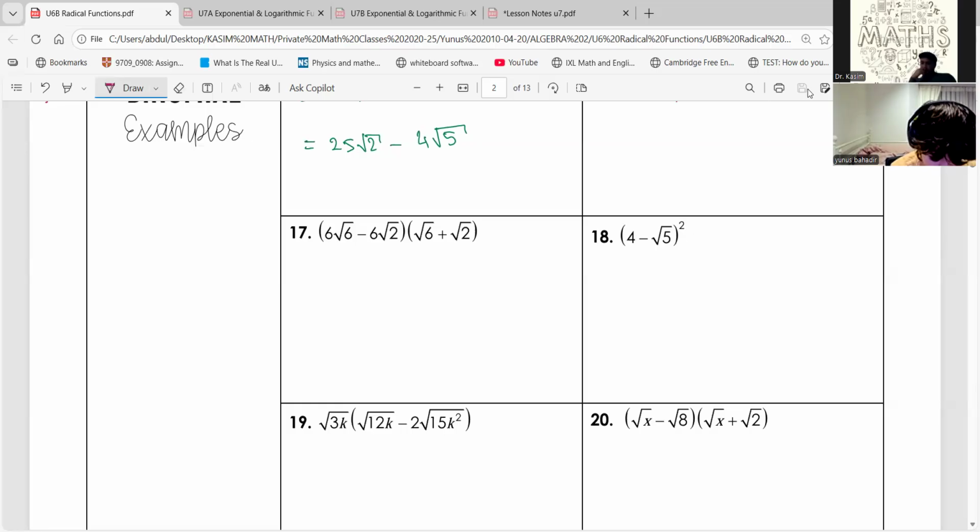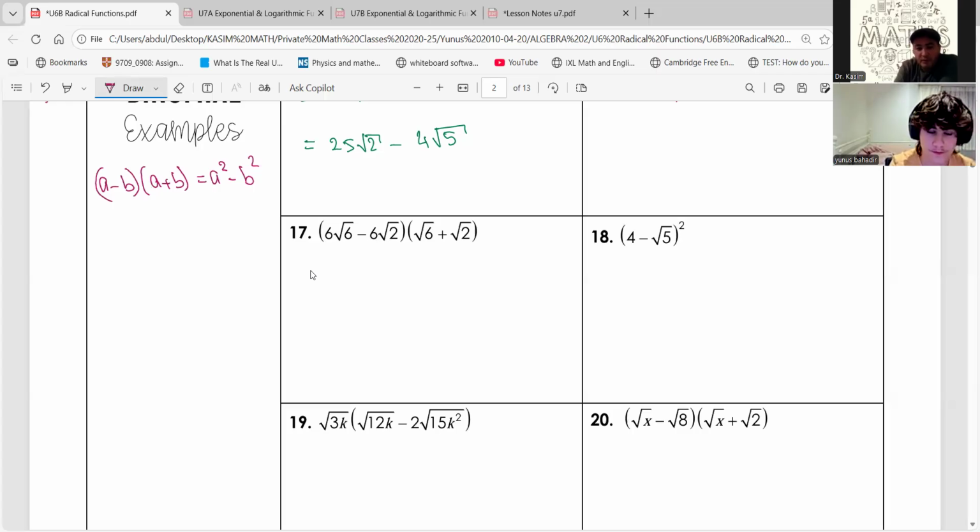Does it just become 36? Wait, 6 squared is 6 times 6, does that become 36? Yes, it just becomes 36. But Yunus, you see, what is A minus B times A plus B? Difference of 2 squares, equal to what? A squared minus B squared. You must know this, Yunus. We are using it repeatedly. If you just pay attention here from the